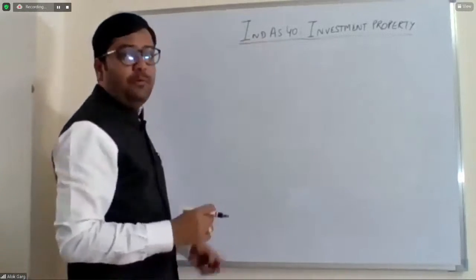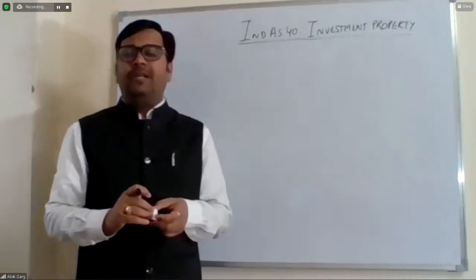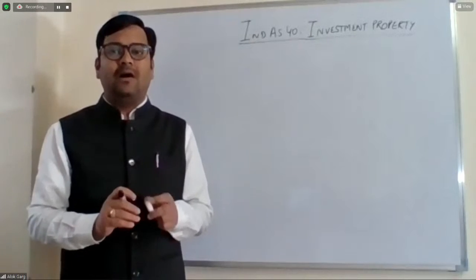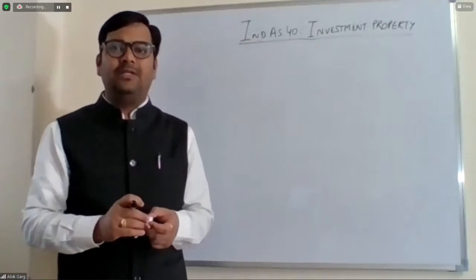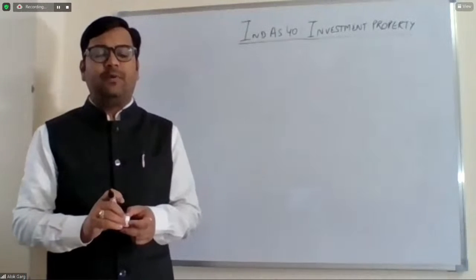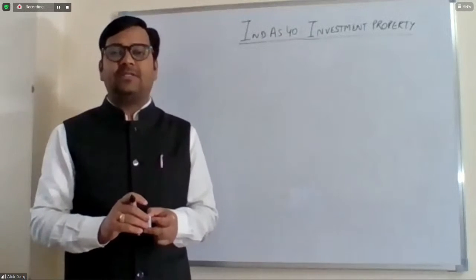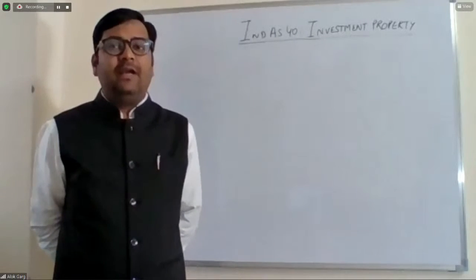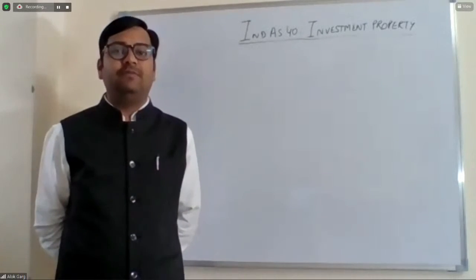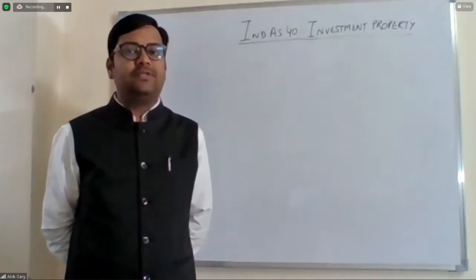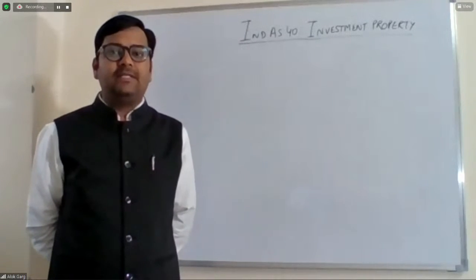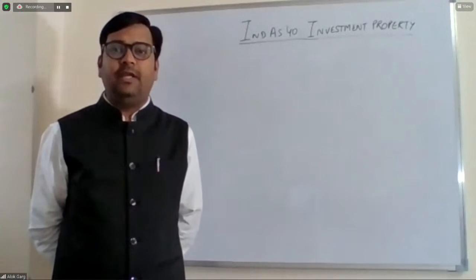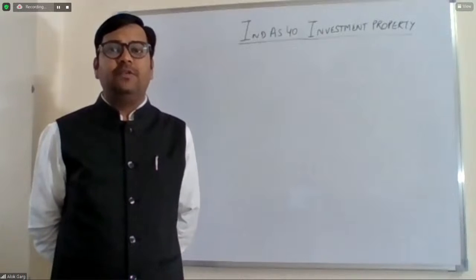IndAS 40 investment property. Although under accounting standards there is no separate standard which talks about accounting and recognition disclosure of investment property, there is a standard AS 13, accounting standard 13, which is on accounting for investment. And this standard includes the concept of investment property as far as accounting standards are concerned. But under IndAS and IFRS, there is a separate, detailed standard, IndAS 40 and IAS 40, which talks about